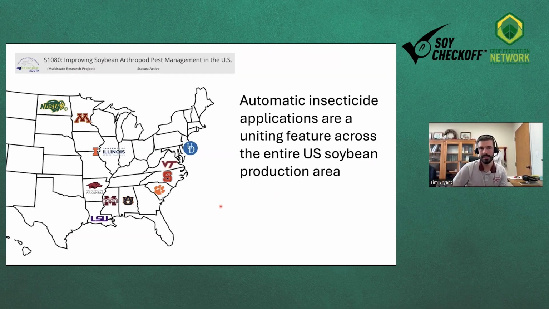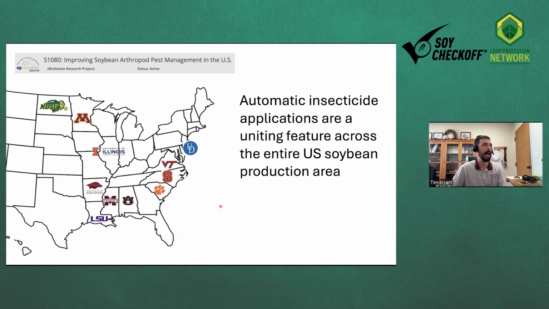state, some of the things that we're working on, and we had a discussion this past year, early in 2025, on what kind of unites us and things that we could do regionally that would be beneficial to all of our stakeholders. Because the pest pressures that we face are really different across these different areas. But the uniting feature across all of these specialists and all the growers in all these different areas is that these automatic insecticide applications are pretty common across this entire region. So somebody said, the number one pest that we have across this entire region is an automatic insecticide application at